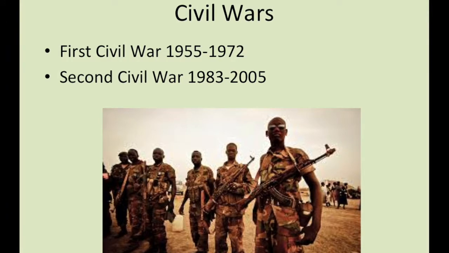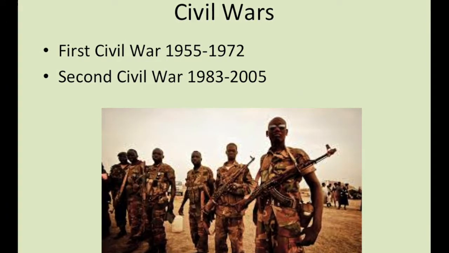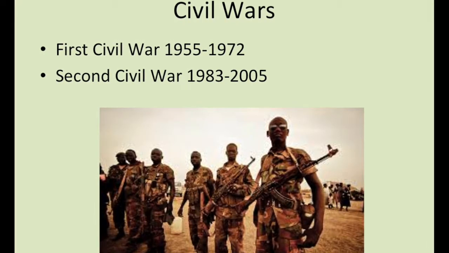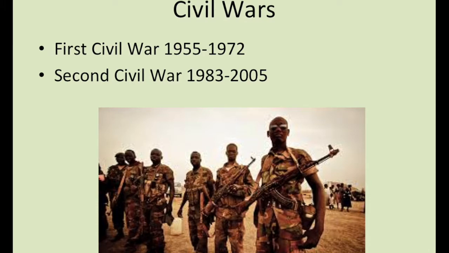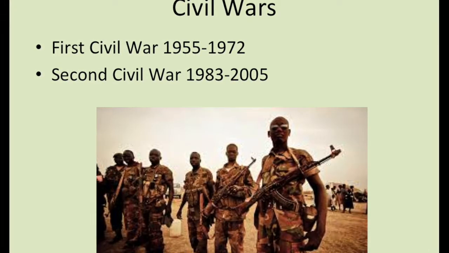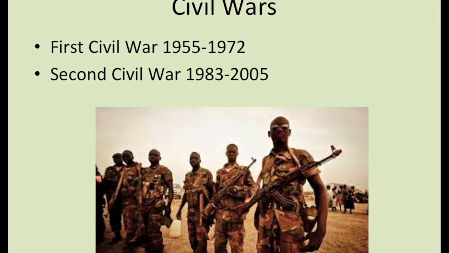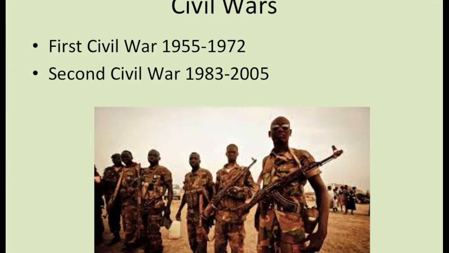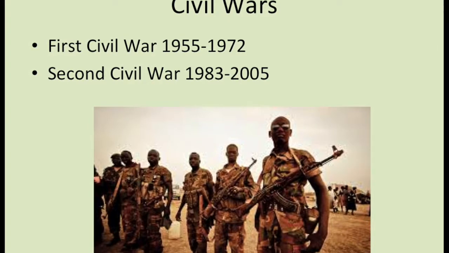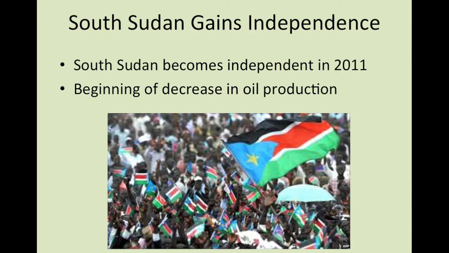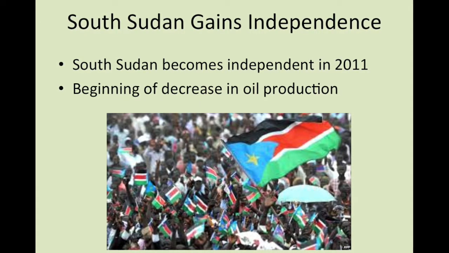The second civil war occurred from 1983 to 2005. The cause of this was when Sudan violated the Addis Ababa Agreement by accessing oil fields that the South Sudan had claimed. During this time as well, they lost the United States support because Sudan supported Saddam Hussein in the Gulf War. This civil war ended with the peace treaty signed in 2005 that decided to split oil revenues between the South and the North. In 2011, South Sudan finally became independent from Sudan.